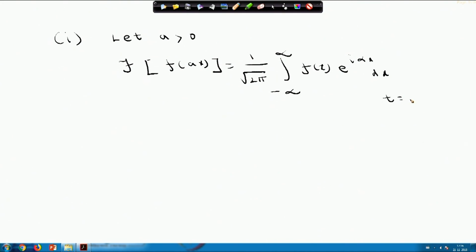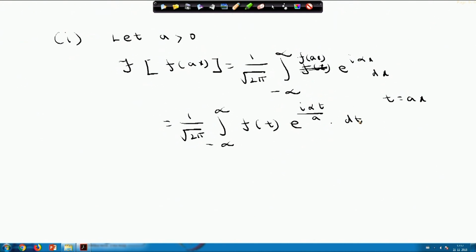Now, if you substitute t equals ax, sorry, this was f(ax), I had written it wrongly, then f of t will be coming, e power i alpha t by a